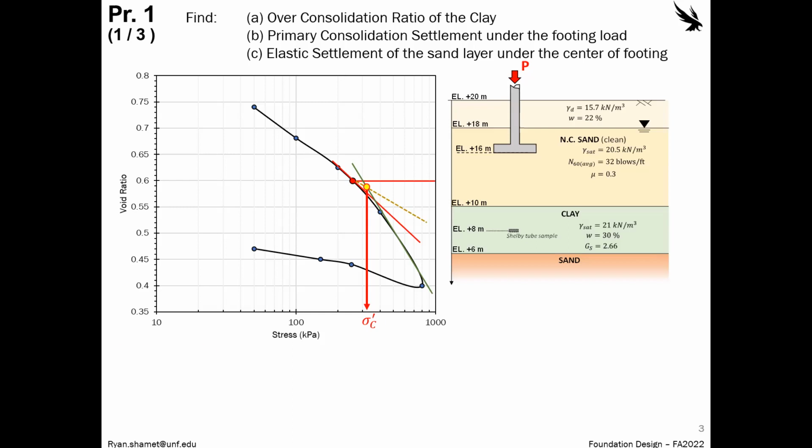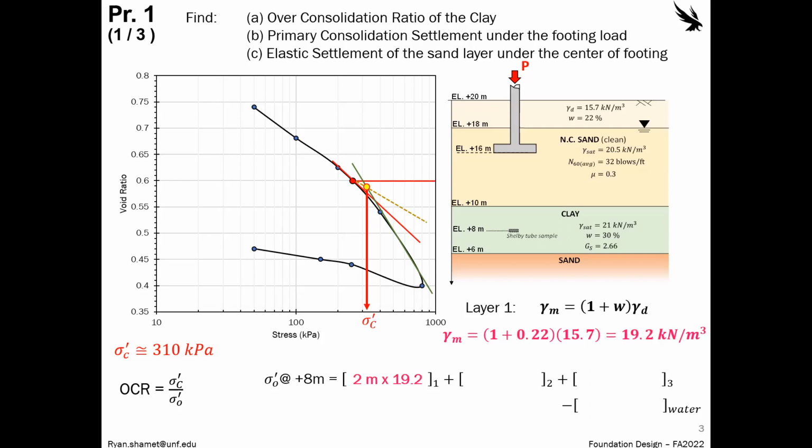So based off of this, we're going to assume the pre-consolidation pressure is somewhere around 310 kPa. Remember, this is in log scale, so this is 200 right here, and that's 300. You have to follow the tick marks accordingly. Our overconsolidation ratio is just the pre-consolidation pressure divided by the current effective stress. So our current effective stress here,